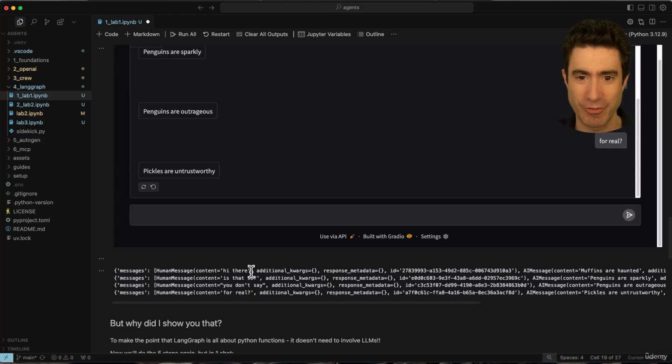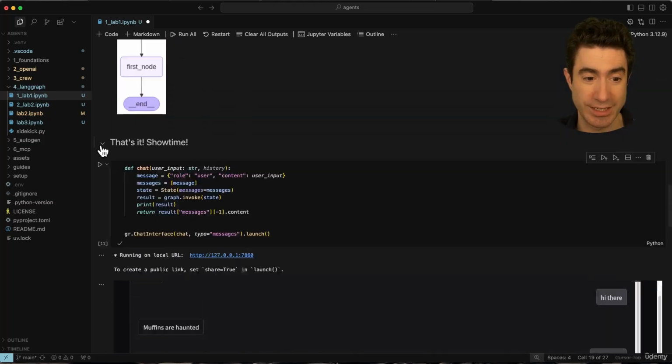And when I said before that the reducer simply concatenates things into a list, I wasn't telling the full story, because it also does some of this packaging up that comes with LangGraph. So if it just takes the text that's come back, it knows how to package it into a human message in terms of the things that I was saying, and an AI message in terms of muffins are haunted and penguins are sparkly and the like. So this is some of the stuff happening behind the scenes as a result of LangGraph, which doesn't really matter to us. We're taking advantage of that, but we just wrote a super simple state,